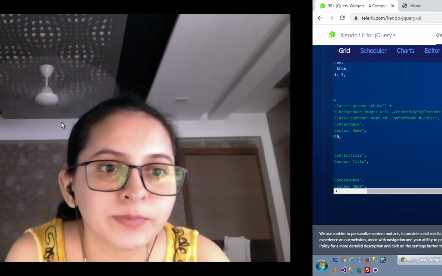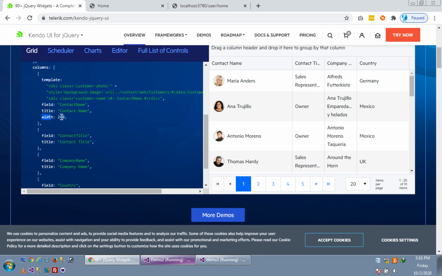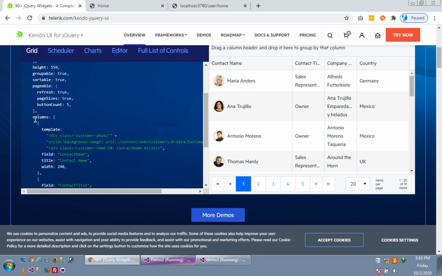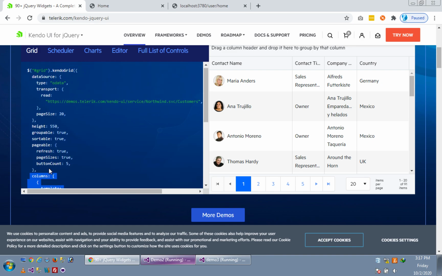Okay, you can see here width. You can create these columns for different kinds of styles. I'm just showing you one thing.